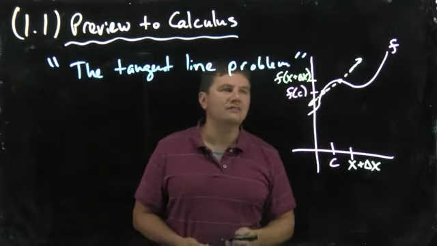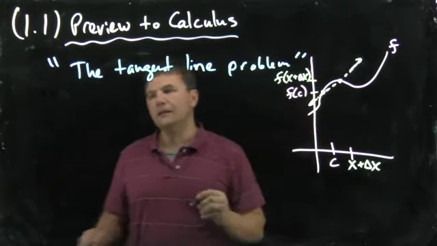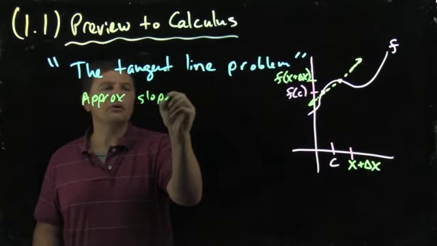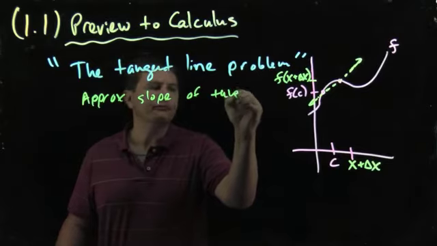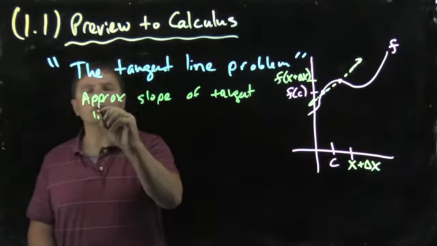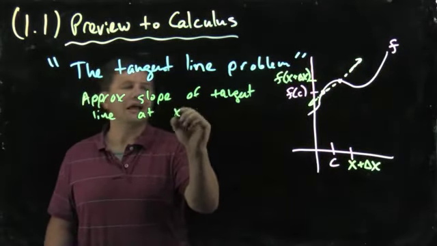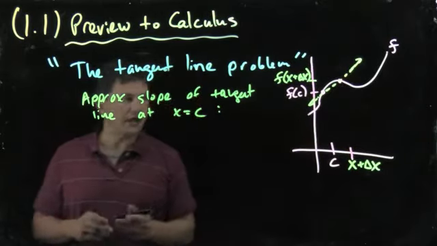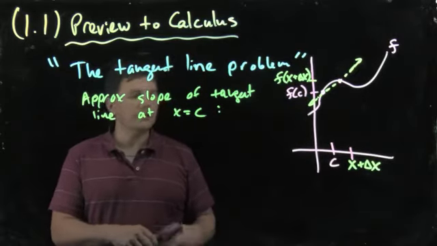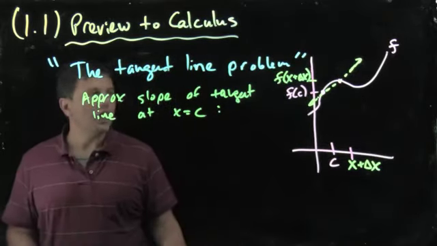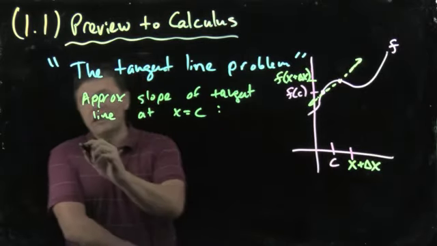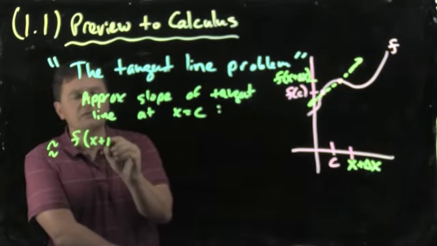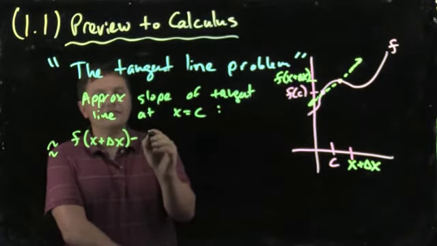If I want to approximate the slope of the tangent line at x equals c, what we're going to do is use these two points that I've gotten here. So subtract the y's, so this will be f of x plus delta x minus f of c